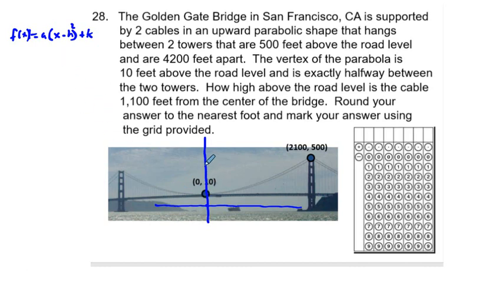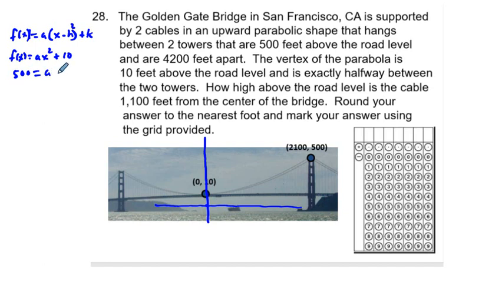And here what you're given is, when you set this y-axis right here at the center span of the bridge, you have h is equal to 0 and you have k is equal to 10. So we have f of x equals a x squared plus 10, and then you can substitute in the points given. The only other point we're given here is this right tower, and so what we get is f of x equals 500. So we have 500